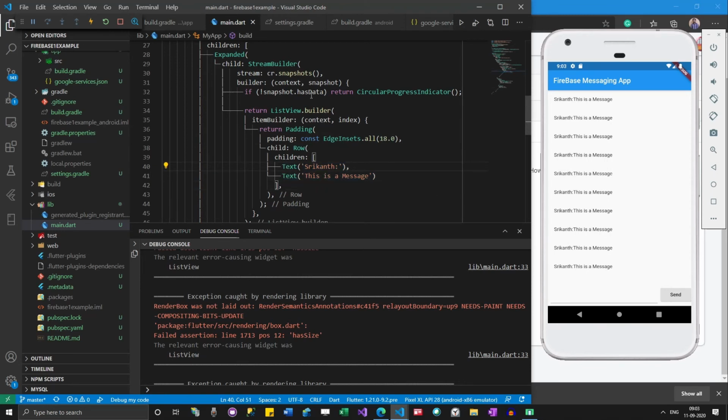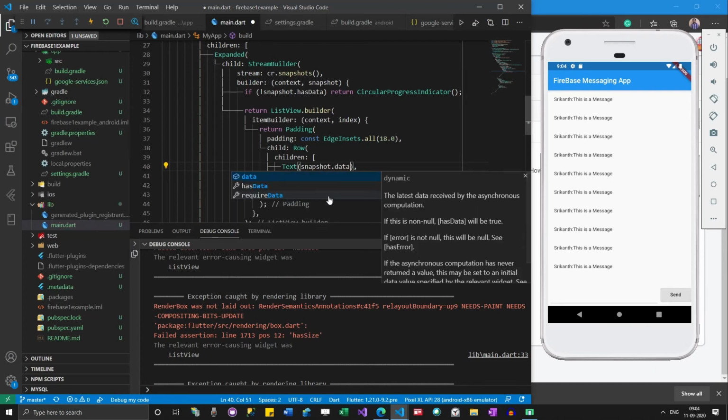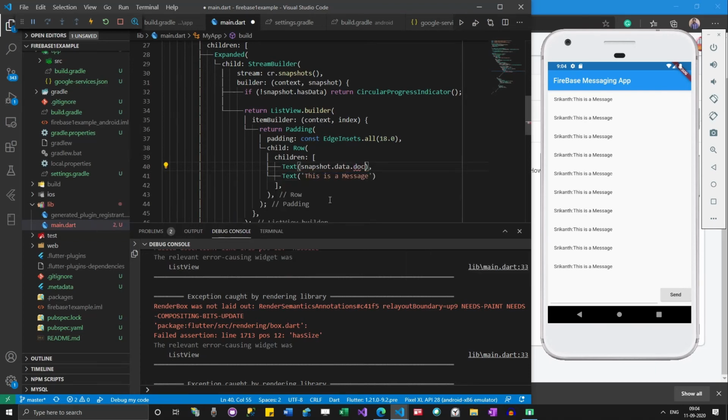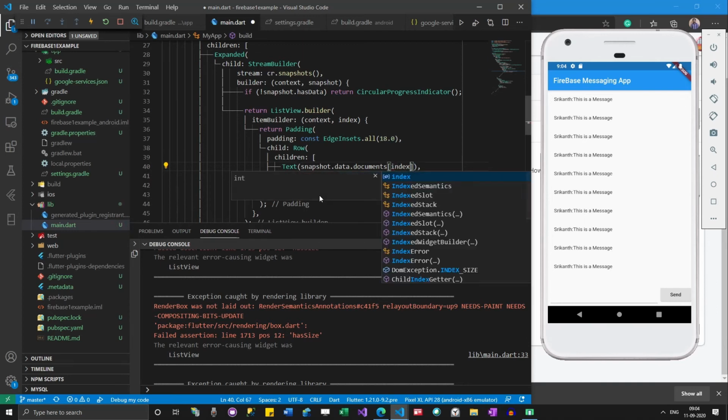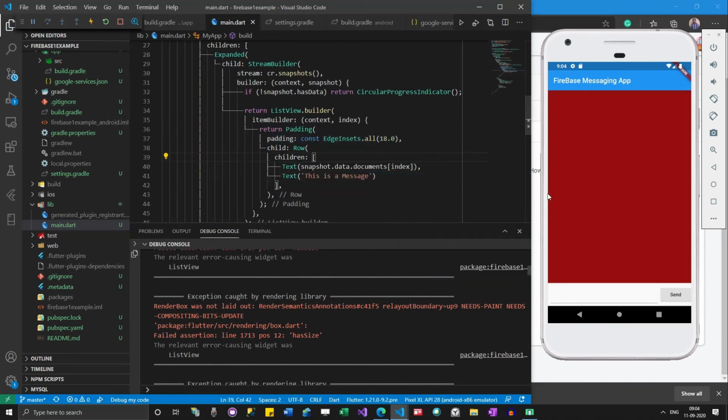Let me access this snapshot, this collection snapshot over here. I will remove this and use snapshot dot data dot documents of index. Now it is showing an error message.